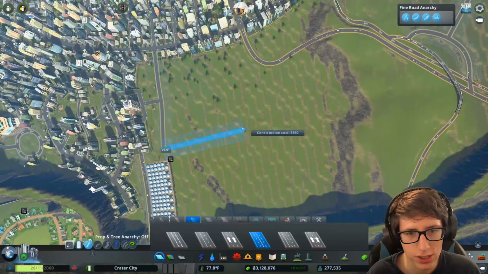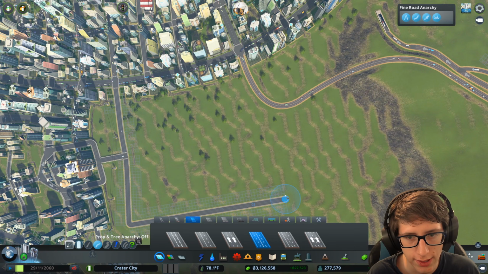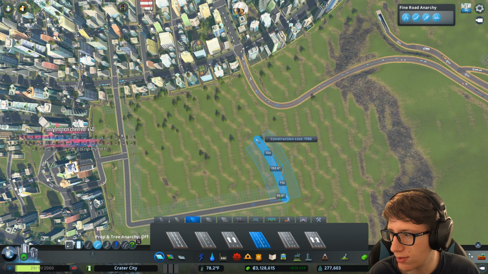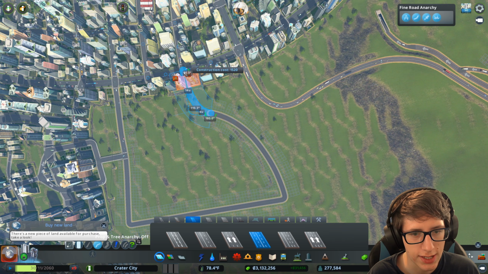Okay, so this section here, I want to do kind of the same thing. I want it to mostly not depend on the main highway grid so that it doesn't get in the way. But at the same time...